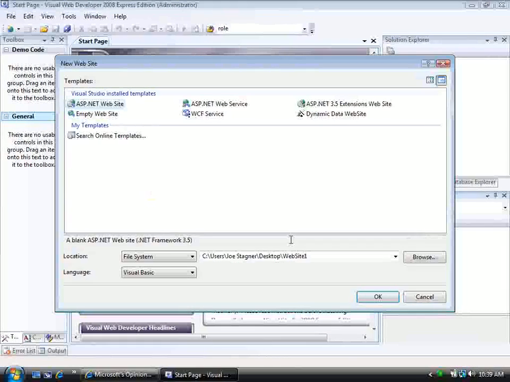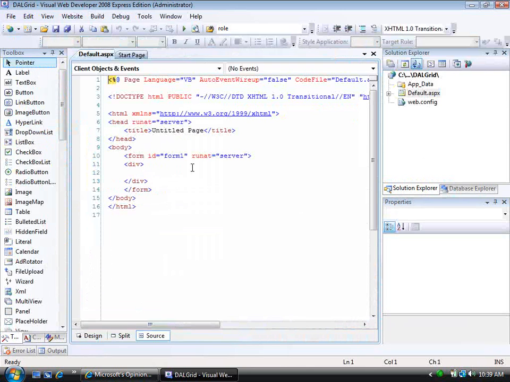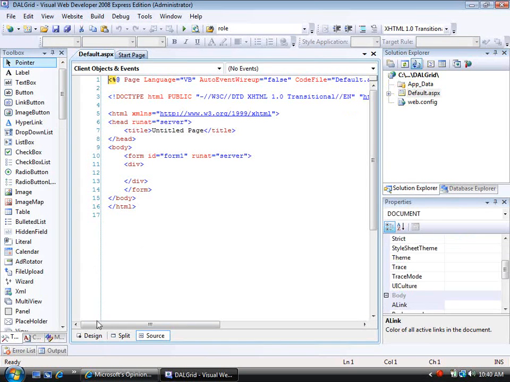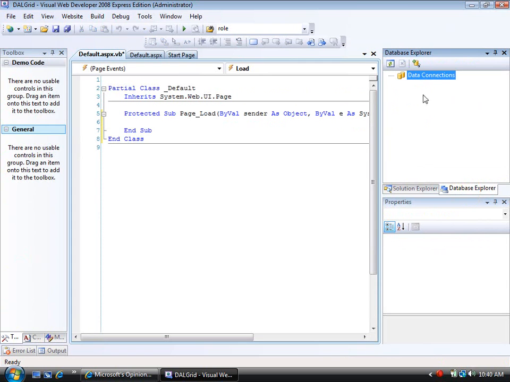We're going to say create a new website. Let's call this DAL-Grid for Data Access Layer Grid. Look at our default.aspx page, and I'm just going to hop into design mode so that I can generate the code behind. Next, let's hop over to the Database Explorer, connect to our database, and I'm going to go through this